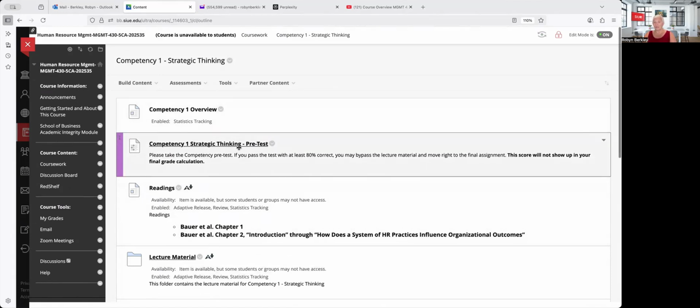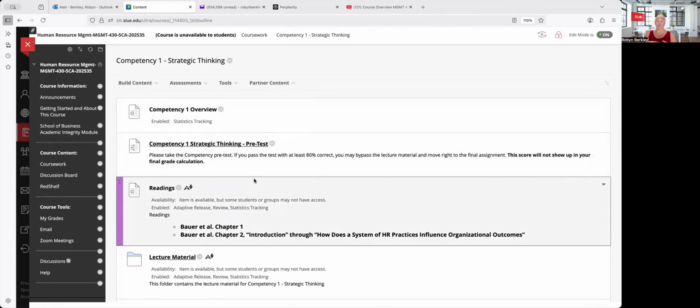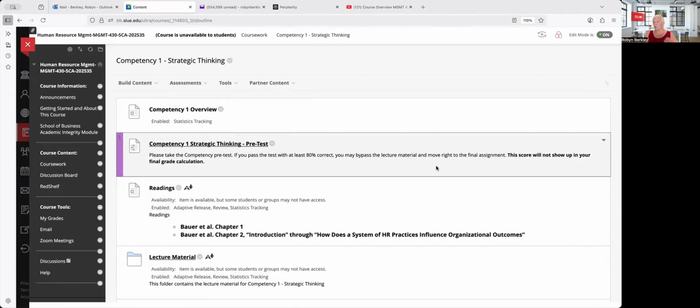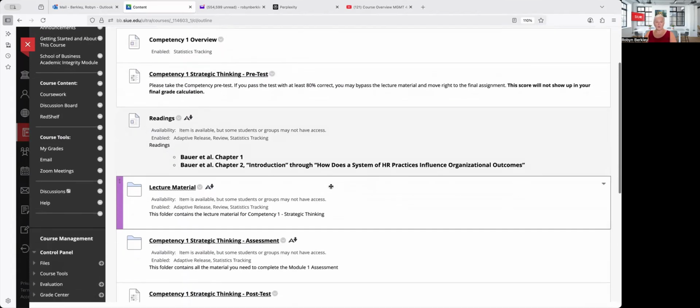Then you'll see this pretest. I want you to go in and do the pretest. If you don't know the answer, click on something. It's not a big deal. You have to pass it with an 80% to be able to bypass the readings in the lecture material. Otherwise, if you don't pass it, then you'll access that material entirely. This score will not show up in your final grade calculation, so don't worry about it. It is not a panic mode. You have 45 minutes to answer 30 questions. If you can answer it, great. If you can't, that's fine too. From there,